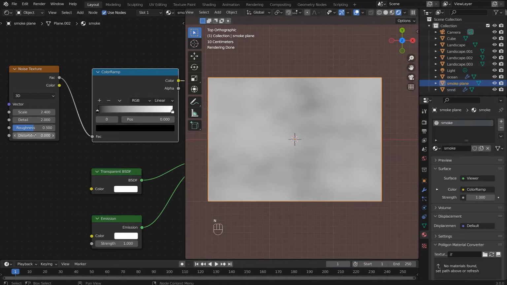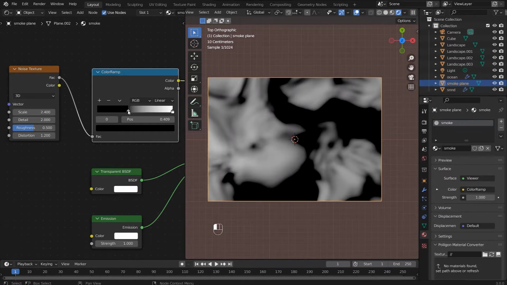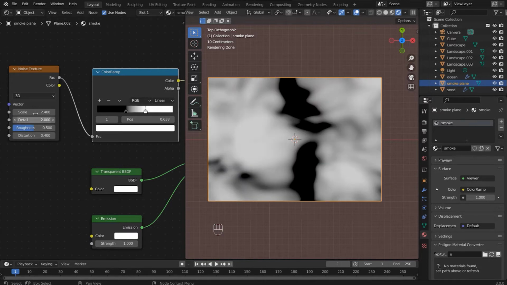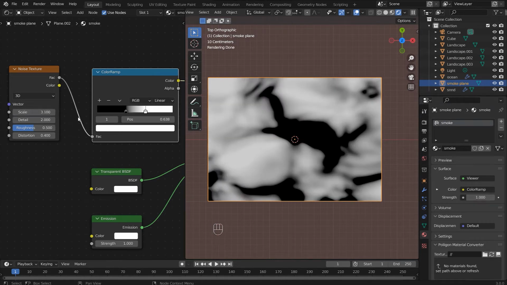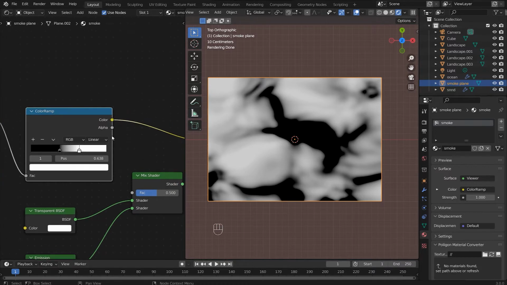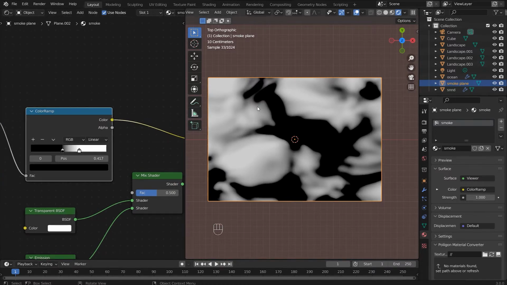Okay, good. Add a bit of distortion. And I'm just going to crush some of this black and white. I'm going to make it 0.4. Like that. And it's looking pretty good, but it's got these harsh edges, so we need to create